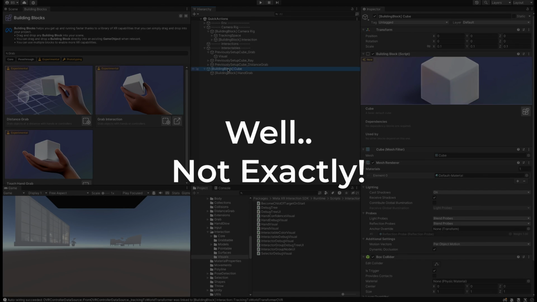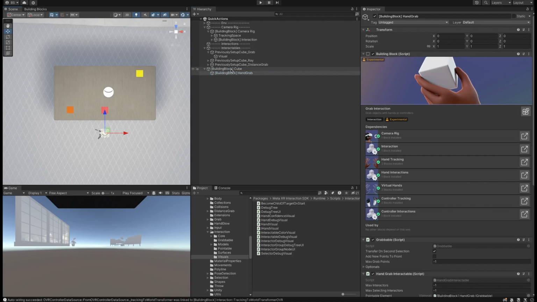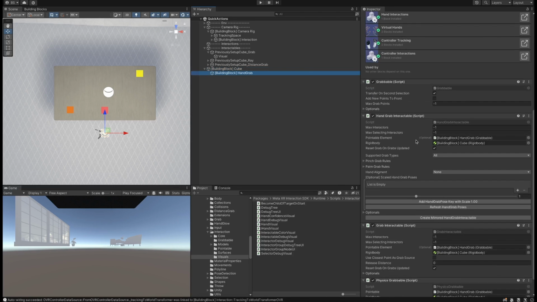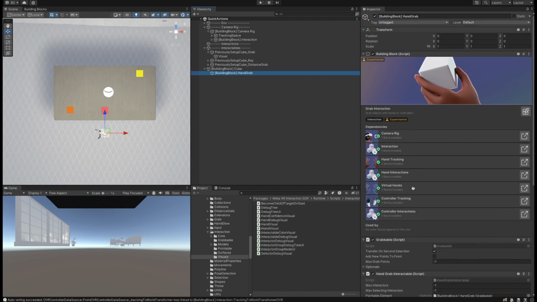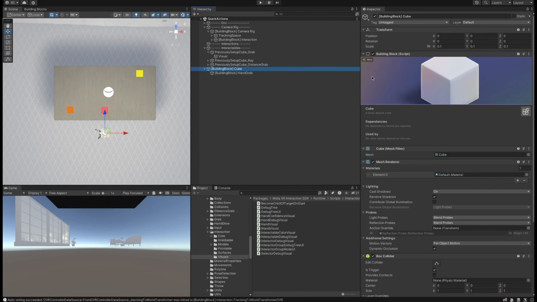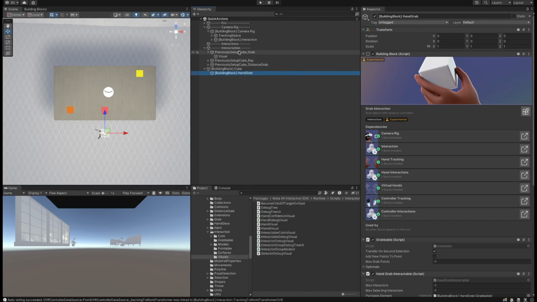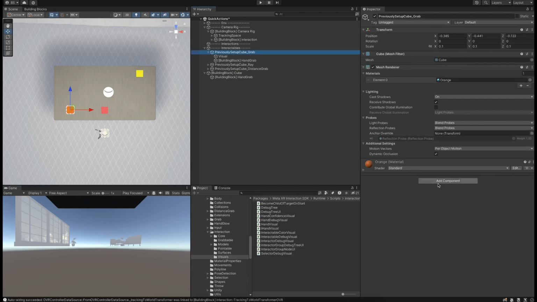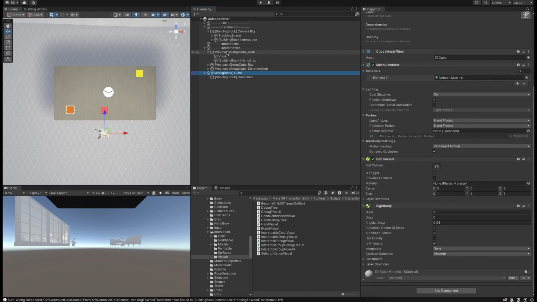Well, not exactly. If you have started using it already, you would have gone through these exact steps while configuring an existing object into an interactable. Something similar to what I have here. What I like to do is either copy my changes inside the interactable template, or copy the changes from the template into my existing object and then assign the missing components, in this case the rigid body,